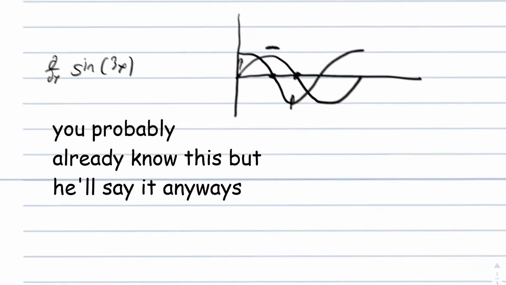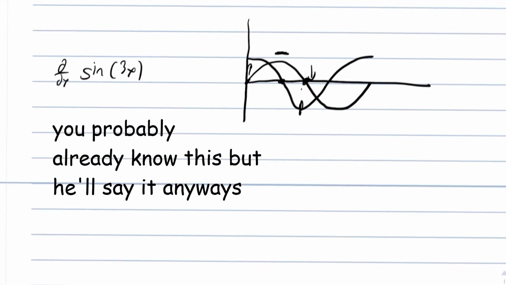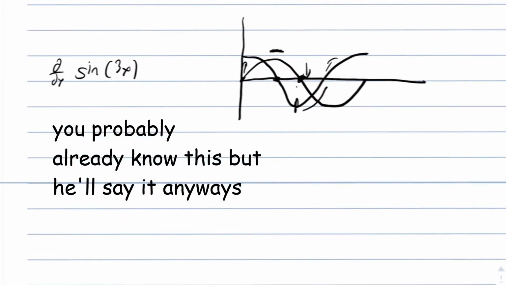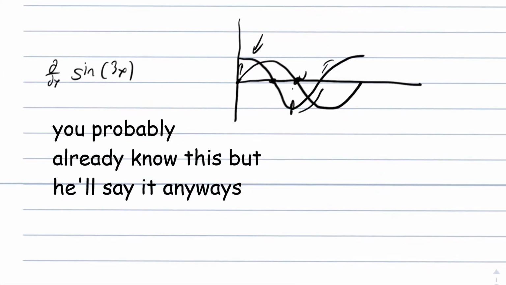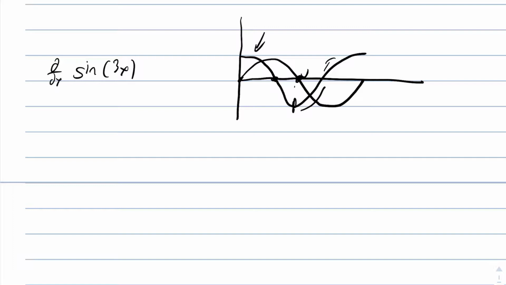And here, it's going to start going down pretty fast, and then it's going to slow down a bit, and then it's going to go back up. That's basically that little trick that I showed you. This is the derivative here. That's one way to check your work. If the derivative curve matches the rate of change, then you've probably got the right answer, or you're getting close. So this, derivative of sine